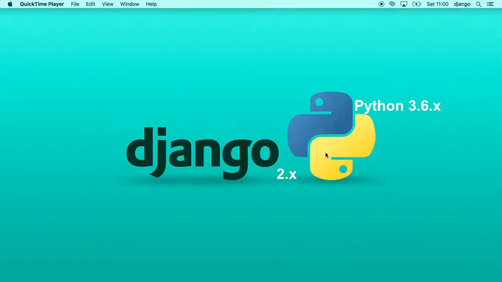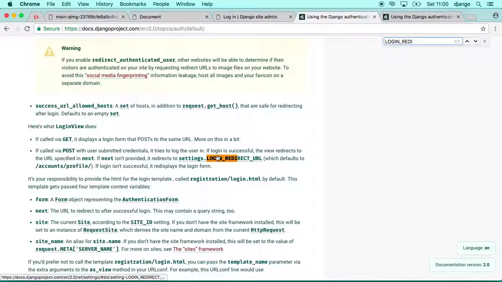Hello guys, welcome back. In this section, we're gonna finish the logging system that we are enabling in our application. Last class, we enabled the login URL and the logout URL. As well, we imported the decorators to make sure that nobody will be doing unexpected actions in our application, like removing clients or editing clients or creating new data into the database using the login required decorator. In this class, we need to fix the redirection,